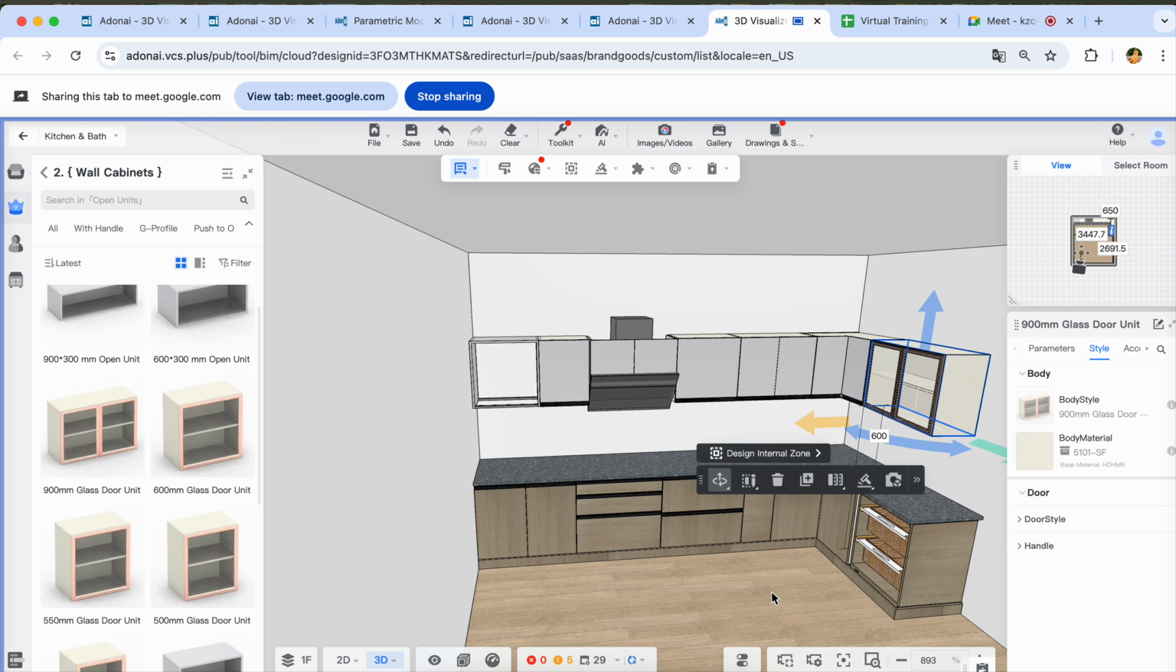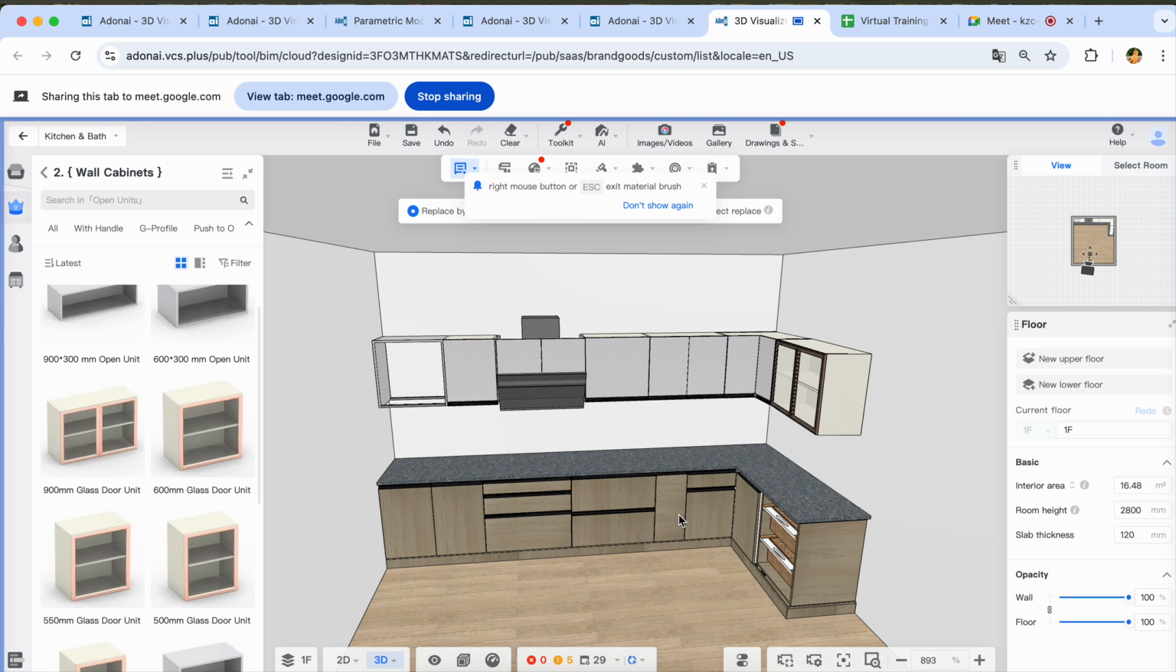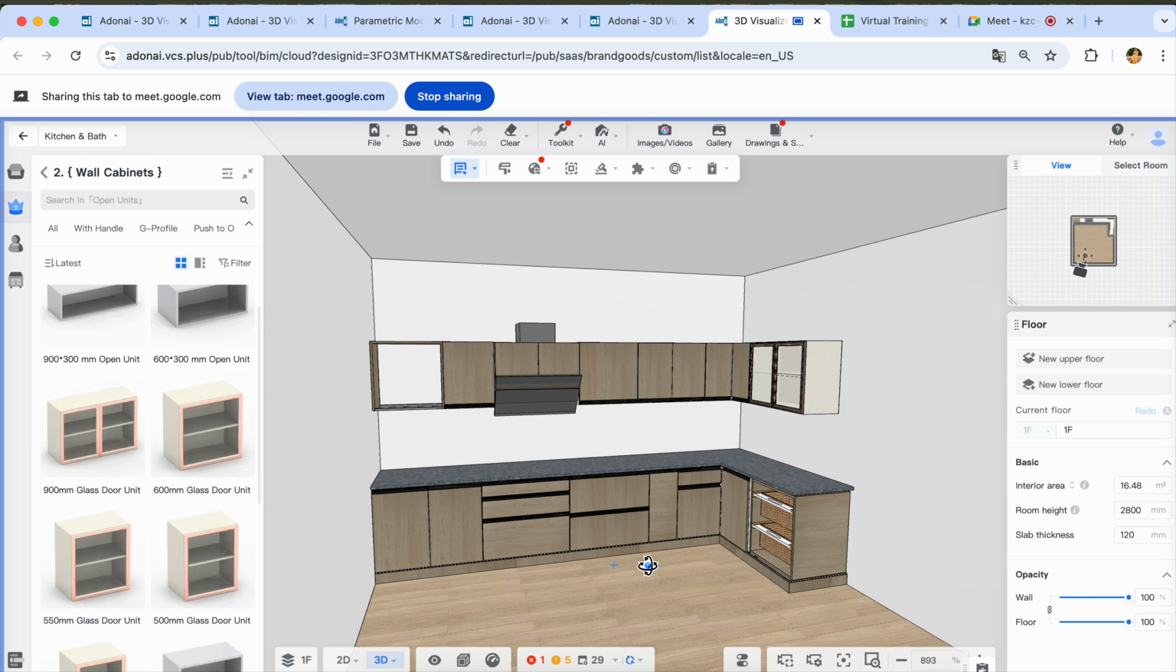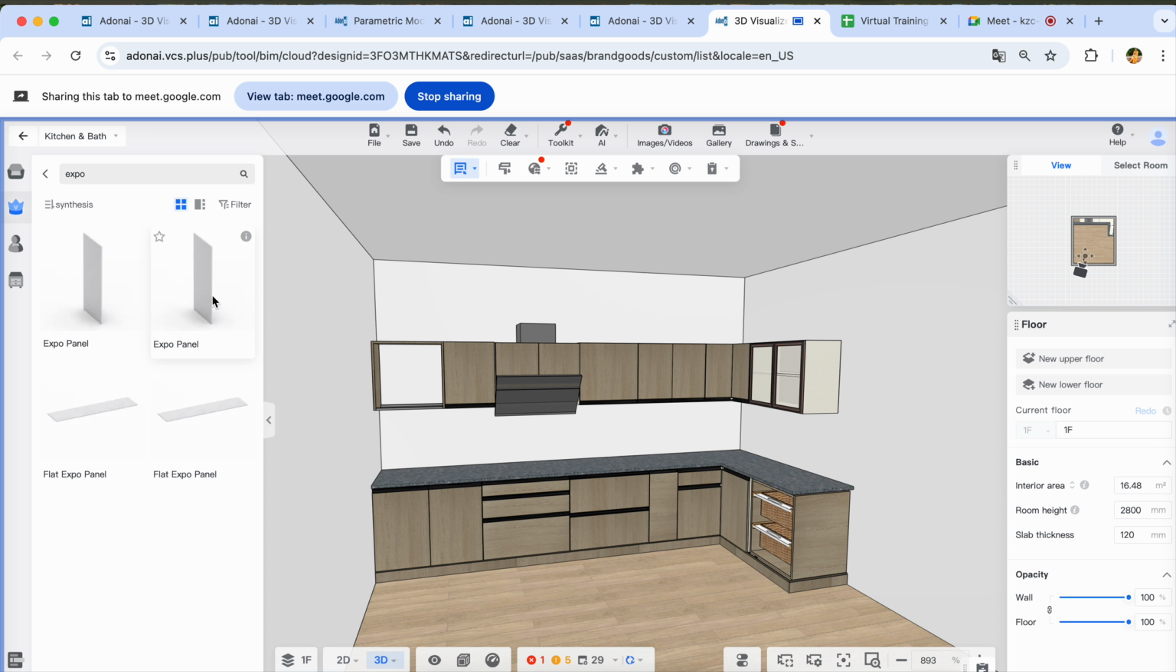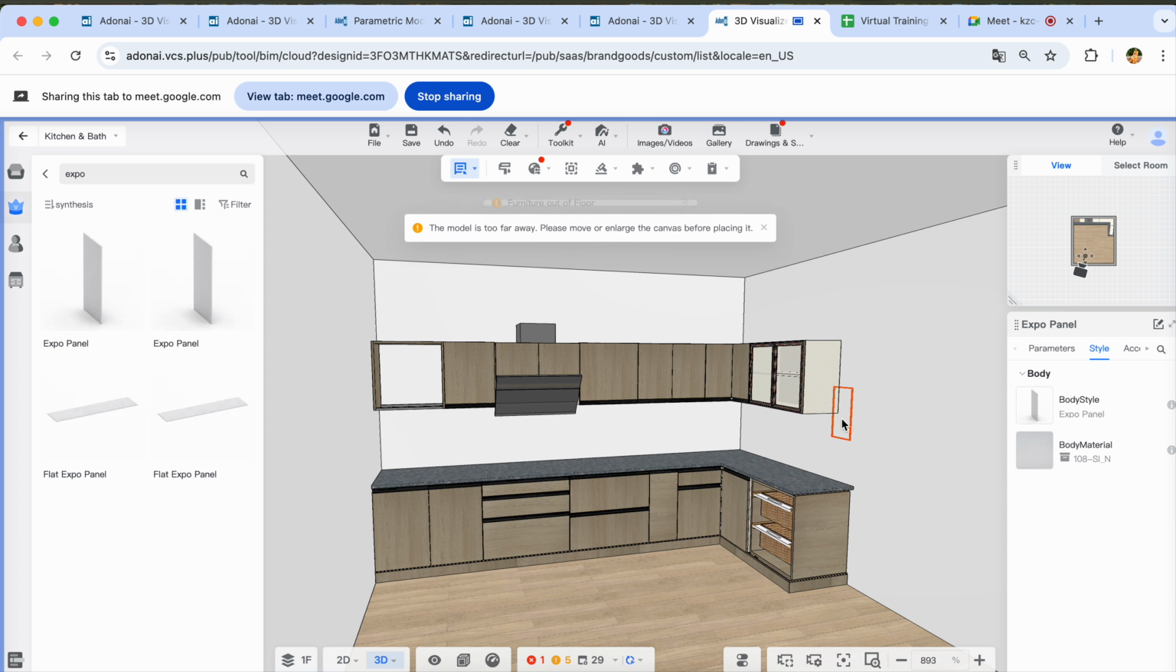So here, I'm giving the same material. Copy paste. As this is with the carcass, we do this glass cabinet, so here we put an expo panel. So I'm just placing one expo panel here,